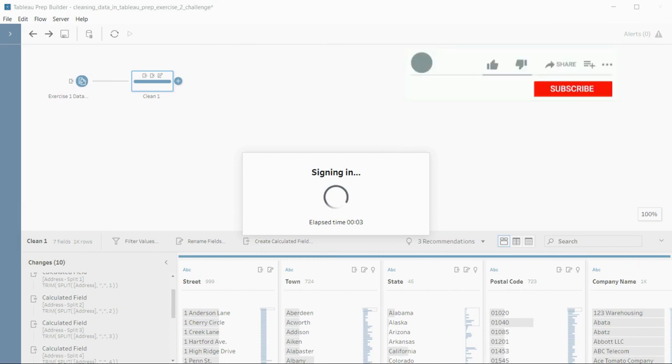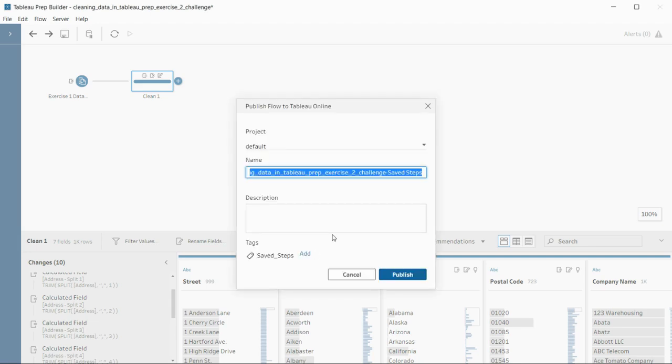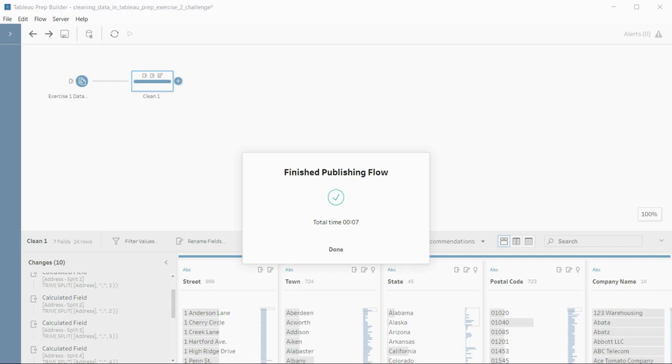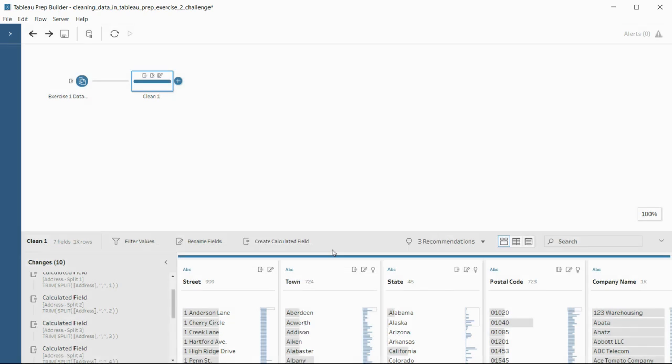In order to create a reusable step, you have to save the step first. Then once you have saved it, you can reuse it wherever you want. I'll tell you how to reuse it wherever you want. Once it asks you for a description, you can give some description or simply click publish. Now it will publish the flow. So the flow is published. Now let us see how to reuse